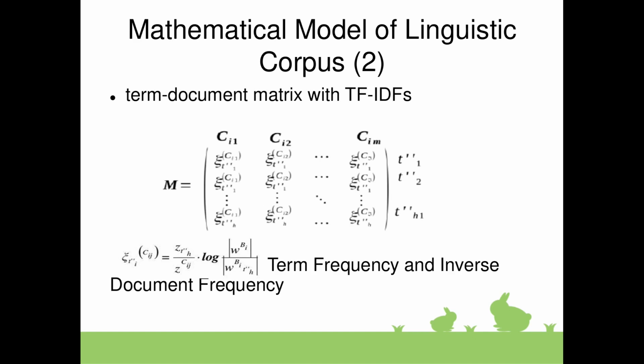Also, to make queries and find similarities between different terms and documents, we use a term-document matrix. This is the matrix C, and this matrix contains term frequencies and inverse document frequencies of each term through the whole corpus. In our case, in the columns we have chapters, and terms are in the rows.